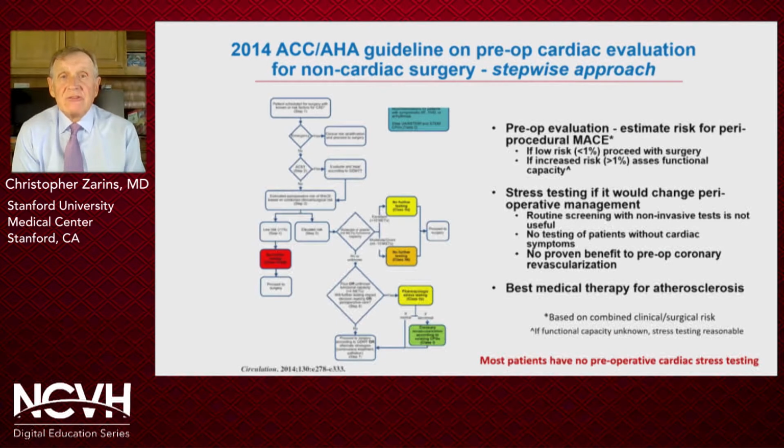What kind of preoperative evaluation do we do? Well, the guidelines recommend a stepwise approach. And if you look at the picture, that stepwise is pretty contorted and difficult to follow. But what it basically says is that you estimate preoperative risk. You determine whether you think the risk is low, less than 1%, well, then you just proceed with surgery. Or you think that the risk is